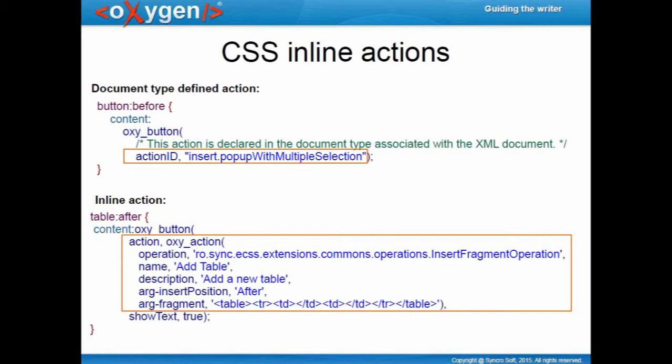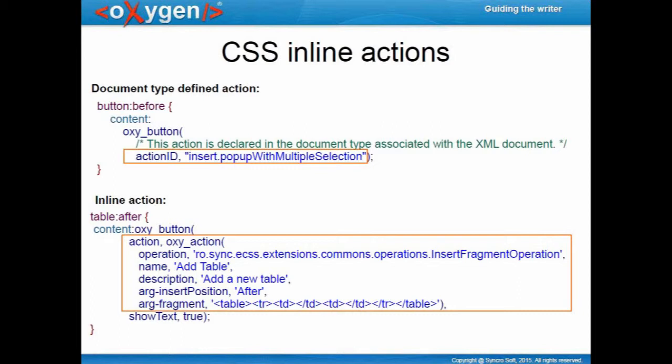What you can do right now is you can use this action parameter, and by using the oXygen CSS extension, you can define the author action right here in the CSS. So I have the operation that the author action invokes, the name, description, and these are the arguments for this operation. So pretty much the information that you would configure in preferences, you are giving it right here in the